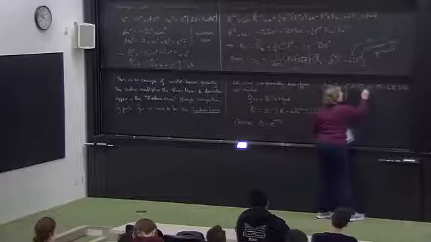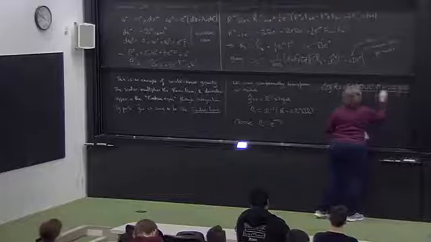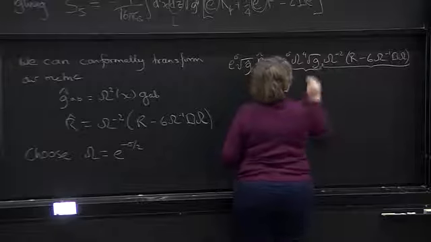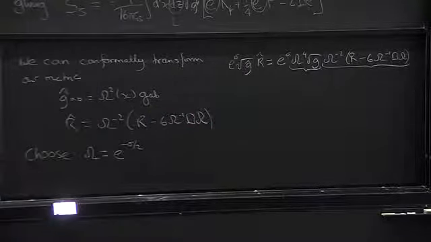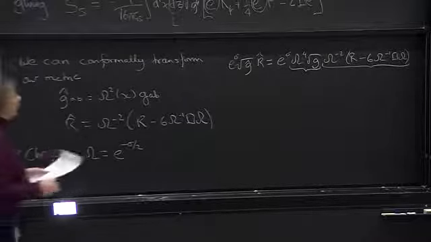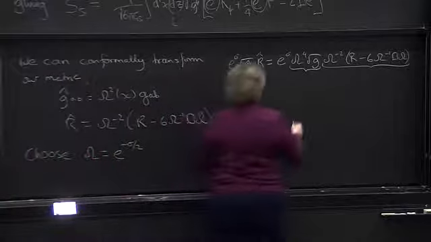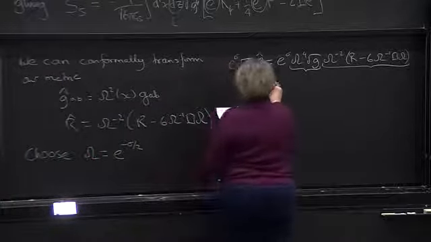Here is the R hat, and here is the root g hat. When we take the determinant, we get a factor of omega for every single dimension of g hat, so that's omega to the fourth. Then I input this choice of omega,